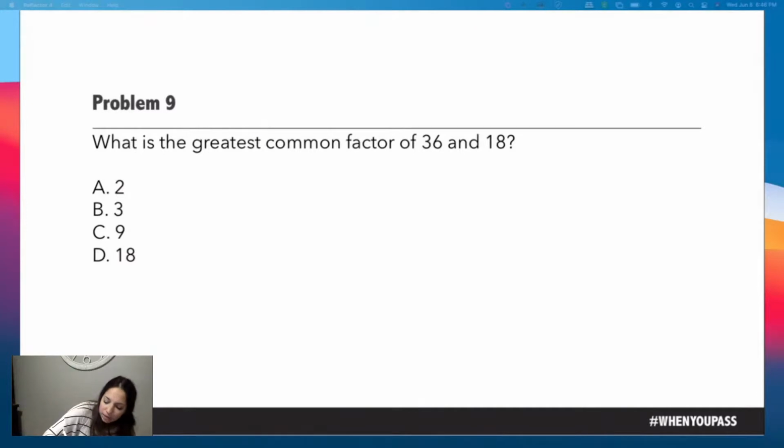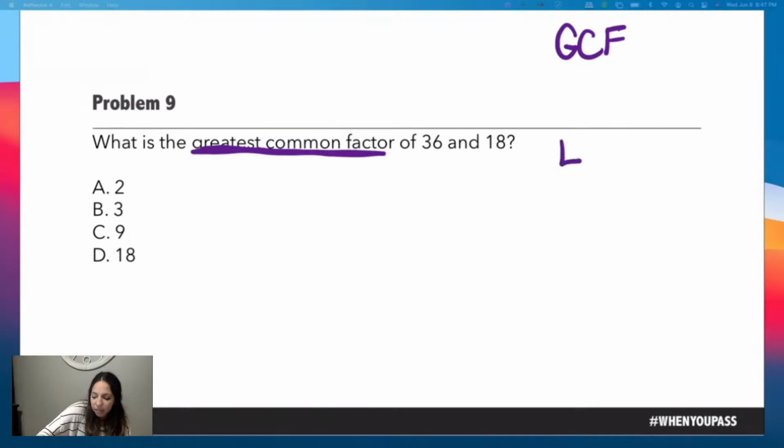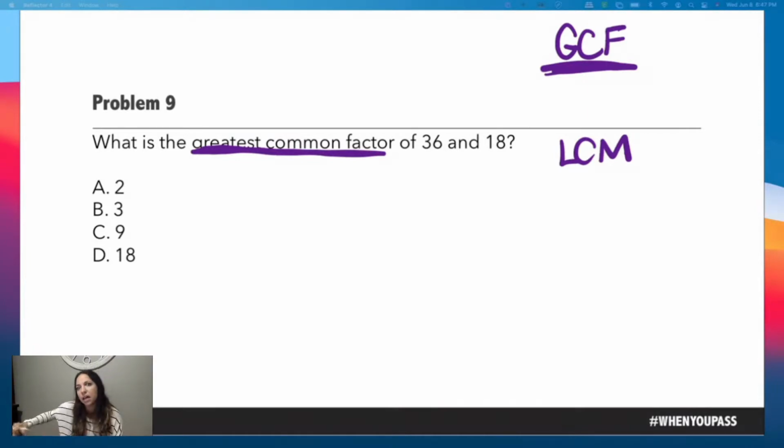All right, greatest common factor and least common multiple. Those terms people get confused all the time. GCF and LCM. In this case, we're looking for the greatest common factor. A factor is something that multiplies by something else to give us that number. A multiple is that number times 1 times 2 times 3 times 4 times 5 that gives us a bunch of different numbers. So the GCF, I'm going to list the factors of 36, list the factors of 18,